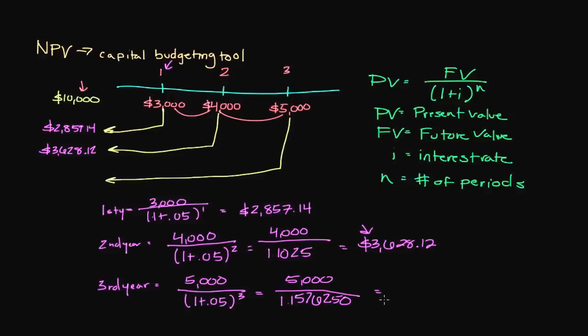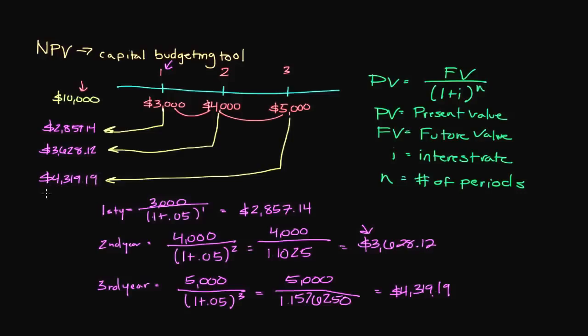All right, so 5,000 divided by our 1 plus 0.05 to the third power ends up coming out to $4,319.19. So you can see that's drastically different than this $5,000 that we have up here, because we're discounting it for 3 years at 5%. So that $5,000 3 years from now, obviously we don't have access to that. That's going to be the same dollar amount, but what we can do with it in 3 years is obviously much less. So in today's value, that is